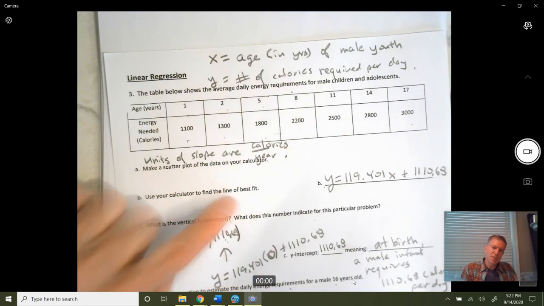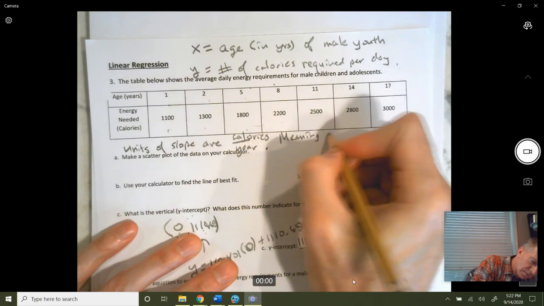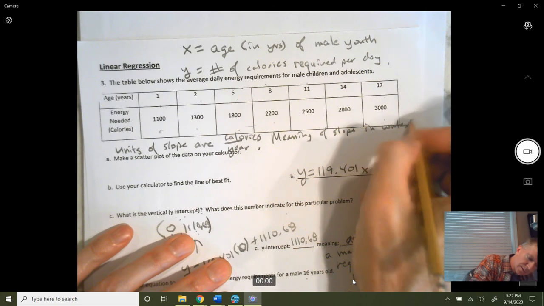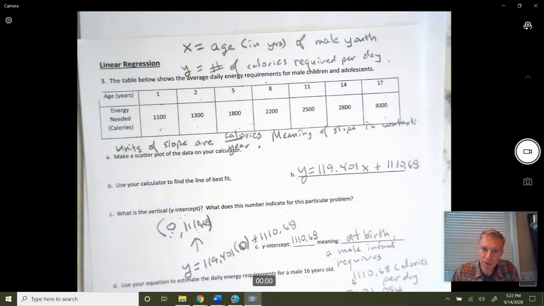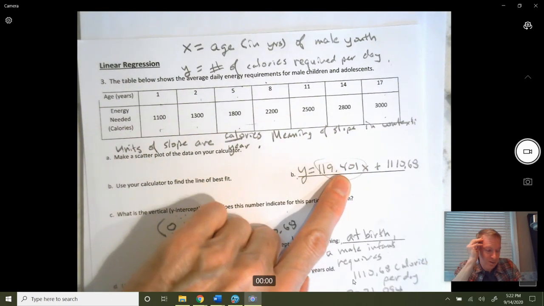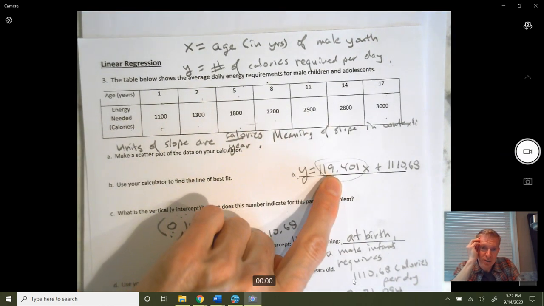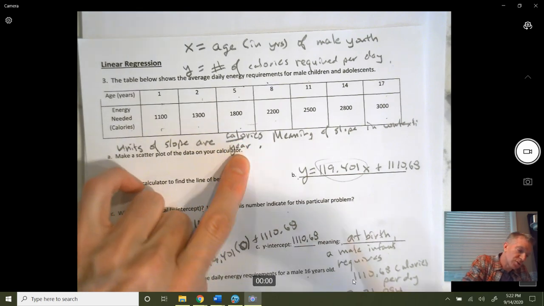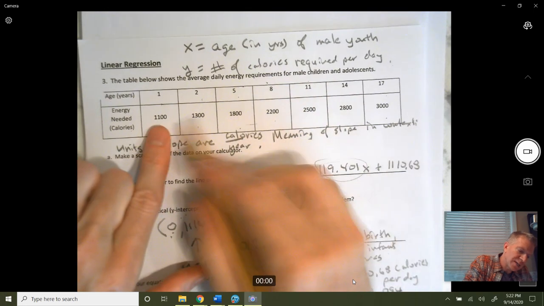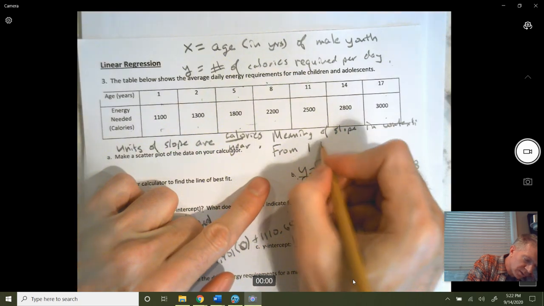And what is the meaning of the slope in context? So the meaning of the slope in context, okay, is it the number of calories required per year? Notice your slope is 119.4. So nobody only requires that much. It's the change. It's the change in number of calories per year. So what it means is that probably from the ages, we'll just say from the ages of 1 to 17,